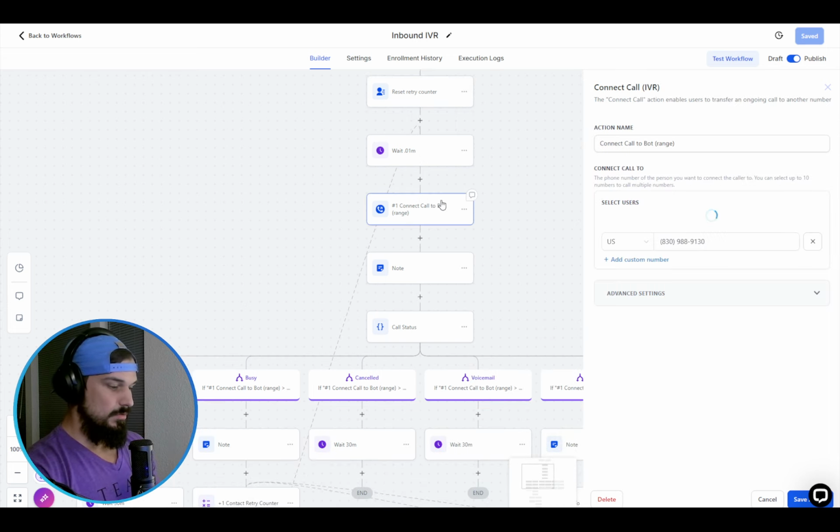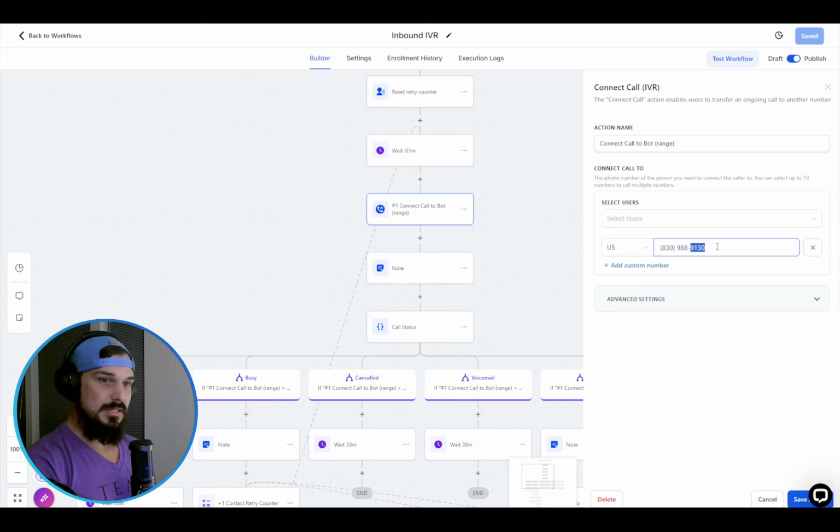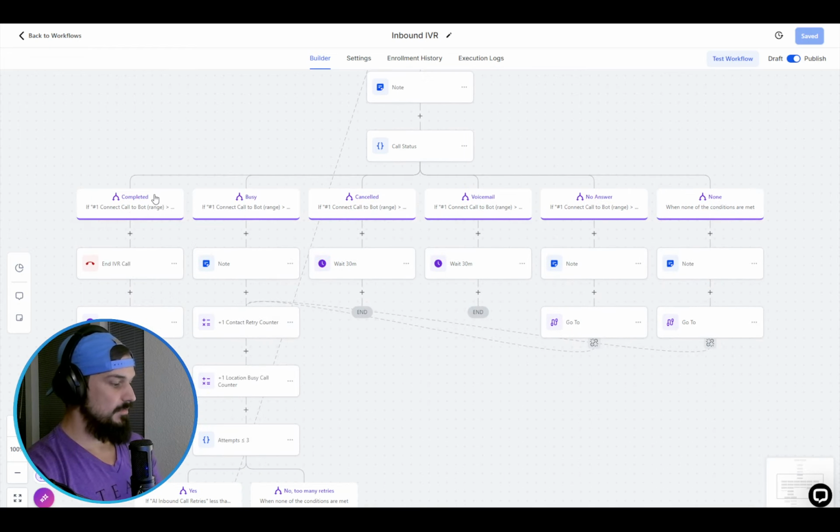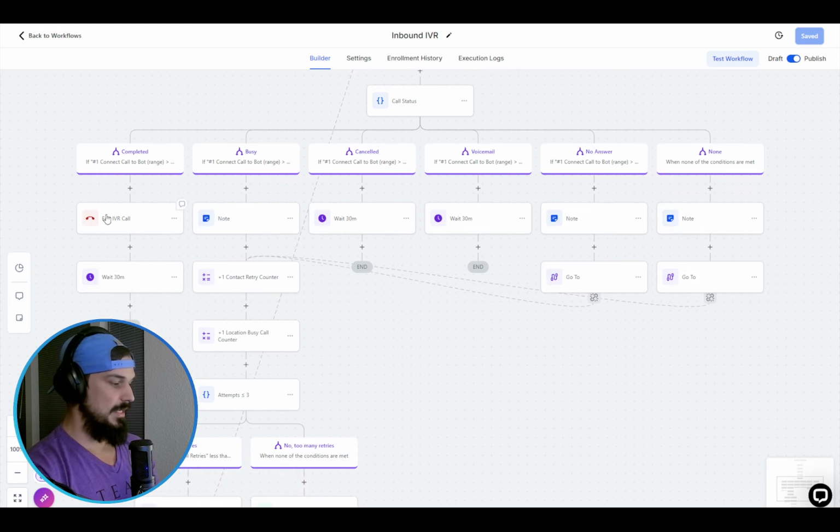But I push it through and call the bot. This is a direct number, an assistable phone number that's assigned to the bot. I can get more into detail on how this works, but basically it's just forwarding the call to the bot. Now what's cool about this IVR is if the call is completed, you can then end the call manually so